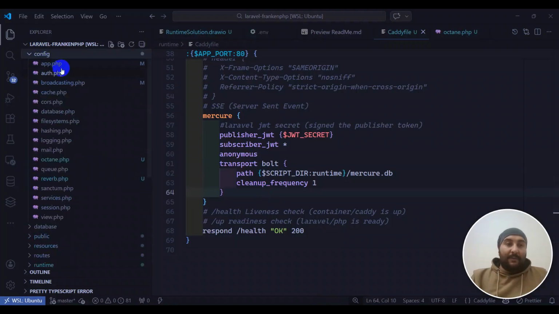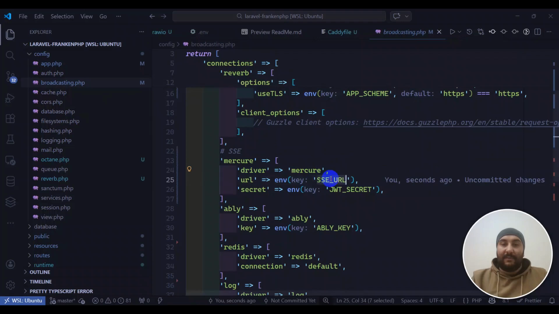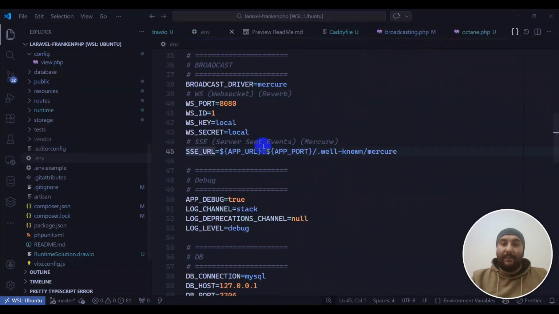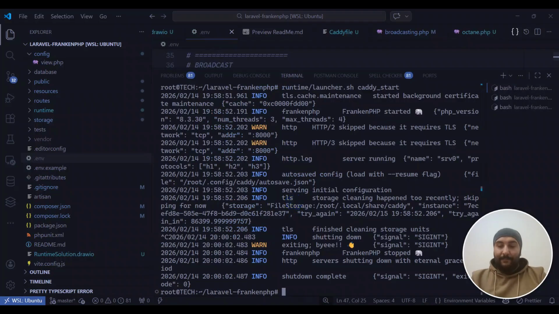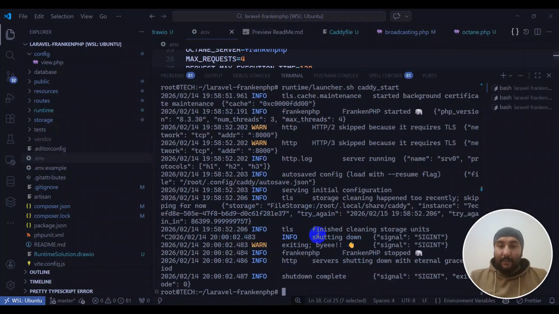So going to the configuration, we have a broadcasting driver here called Mercure. So this is the URL of Mercure, and the secret will be used for authentication. So let's serve our application here and be sure that our broadcast driver is Mercure. Now we will run caddy start